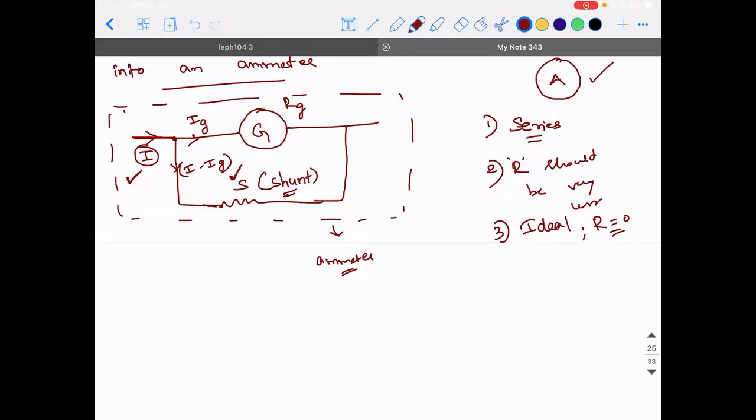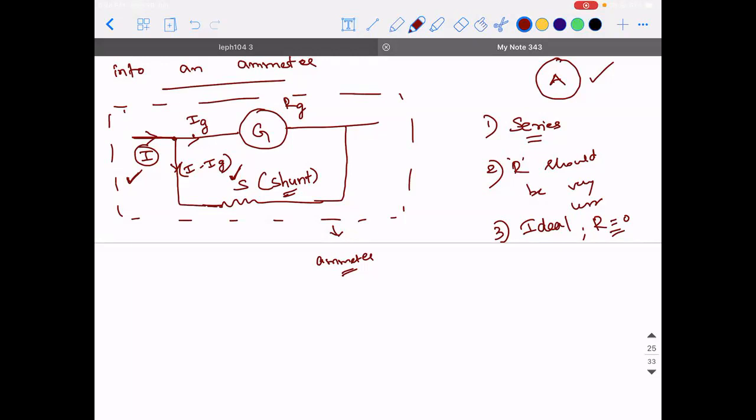I minus IG will be a negative value. No, it's not negative. I'm not talking about negative or plus. I minus IG will not be negative. You can guess. See, somebody told me I need to connect a very high value. Correct? If I connect a very high value, then two currents are able to flow in two different branches. I'm able to see two currents in two branches. One is IG, one is I minus IG. Now my question is, is I minus IG going to be more compared to IG or less compared to IG?